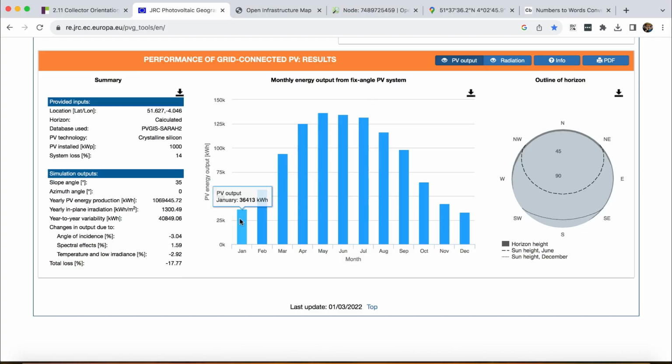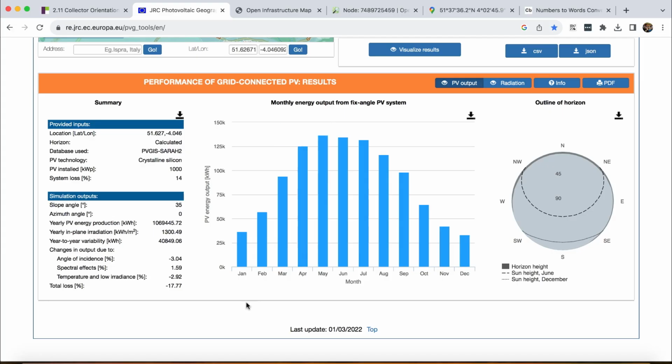Right. So what else does this show us? Well, it shows us that we don't have the same amount of yield in each month of the year. Obviously, in the summer, we get a lot more than we do in the winter months. All right, that's obvious. Let's have a look at some of the losses that we've got, or changes in output